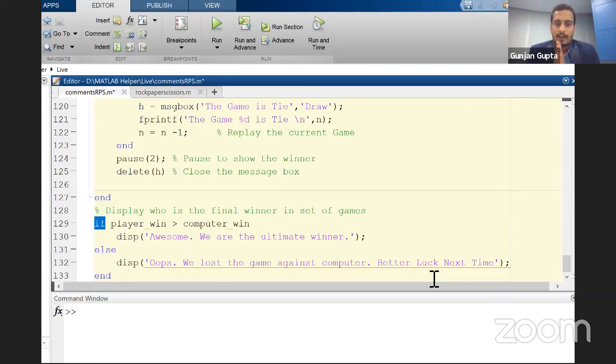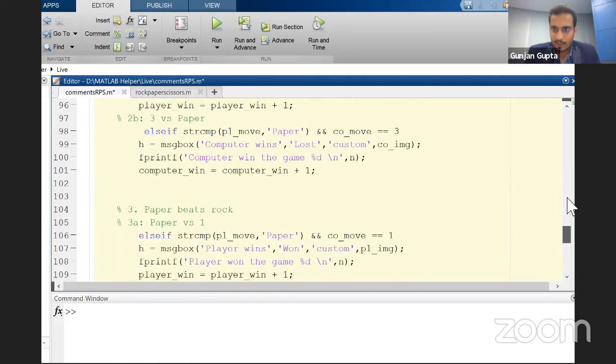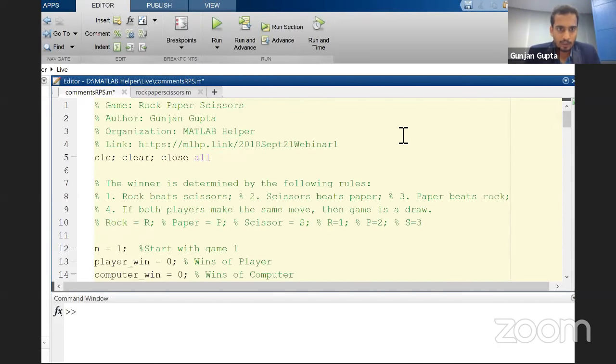Right. So I think I have covered all the parts in this code, but if there is any mistake or anything, please comment so that we can correct it right now, even before calling it. As far as I can see, we have covered all the portions. We have discussed the gaming part. So I'm just running it directly.